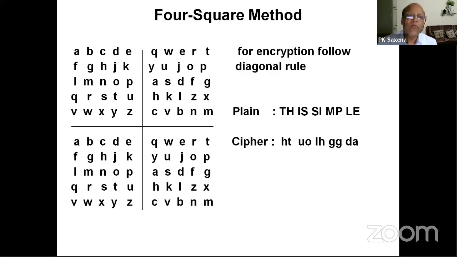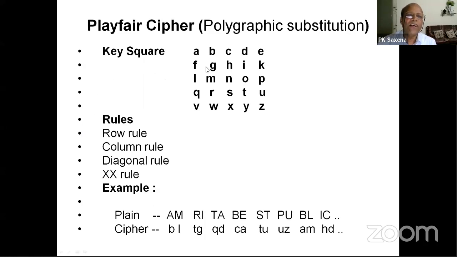Then to bring in more complexity, it was not just a single character, but 2 characters at a time, like Playfair cipher, where 2 characters are taken as a group and encrypted,